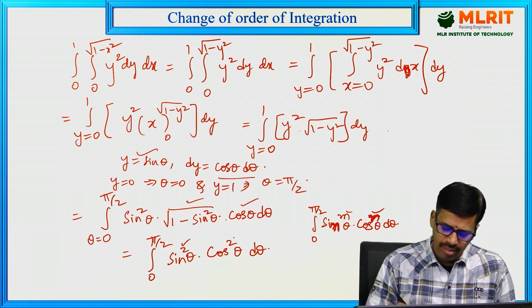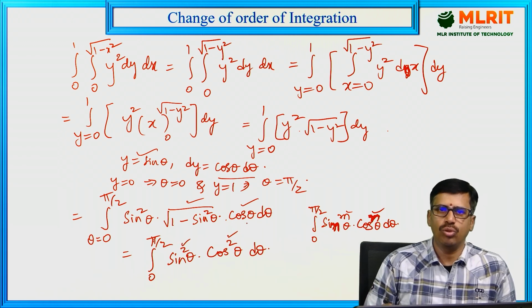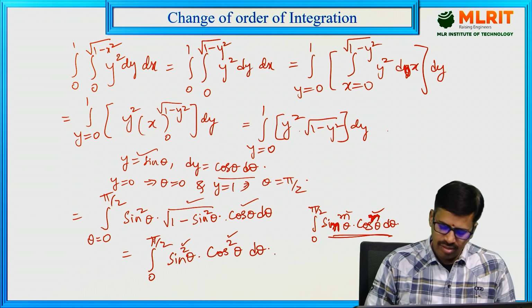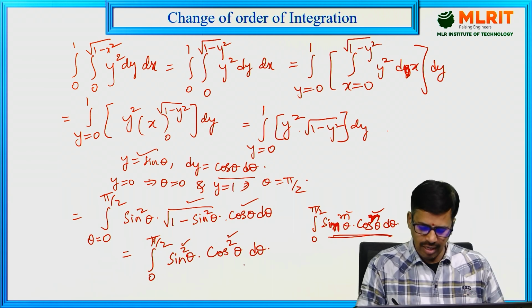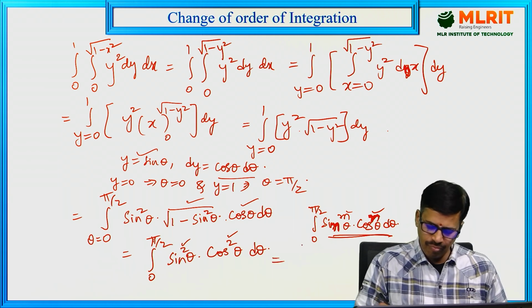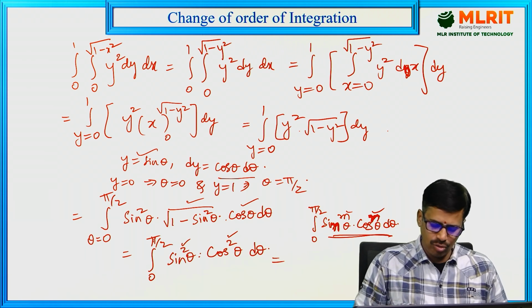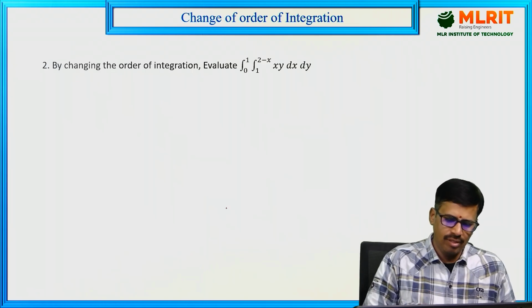Here m is n value 2, both m and n are even numbers. So with the help of this we can write this as sin power m theta cos power n theta d theta. If you integrate this, we can also write this as